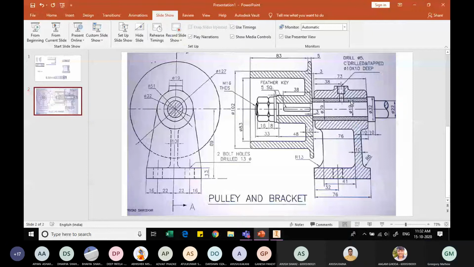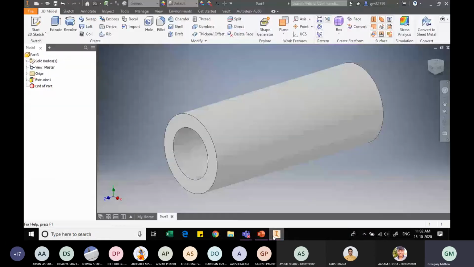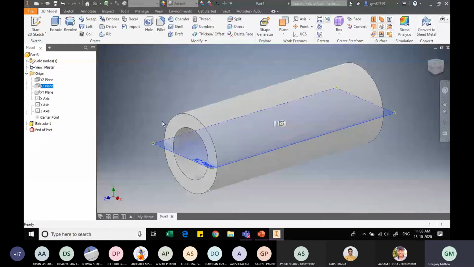And the diameter, if you read through this, it is said that initially we have a 10 mm hole, which is tapped, which is this step that you see, and the other one is just 5 mm. So to do this, we'll first have to create a plane which is over this topmost surface. So let's see how to do it. First we'll identify the plane which is passing through the center, XZ, not the YZ plane. Yeah, XZ plane.